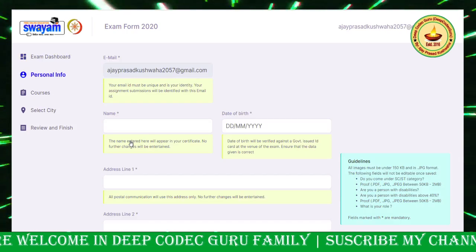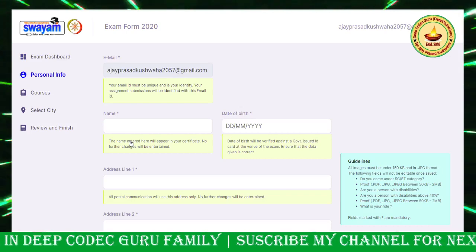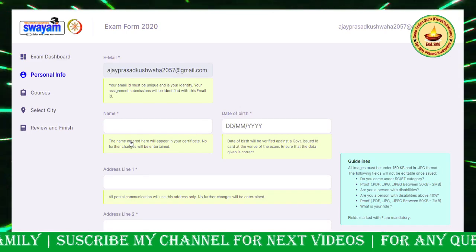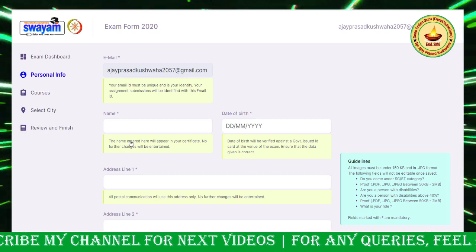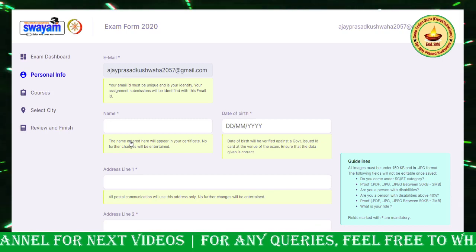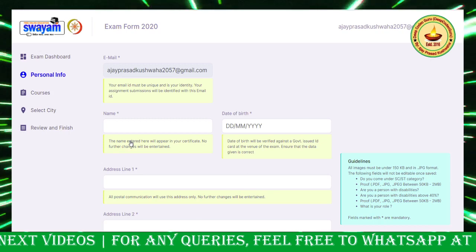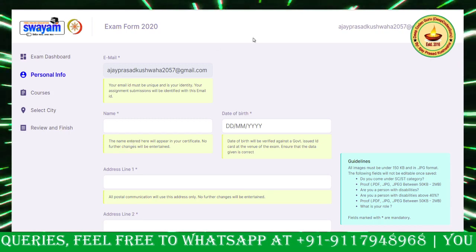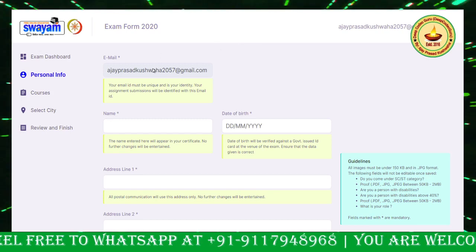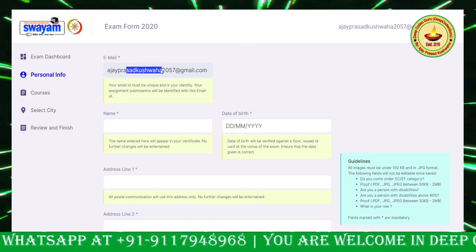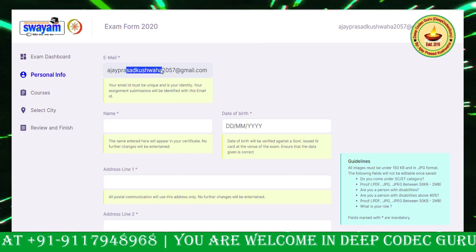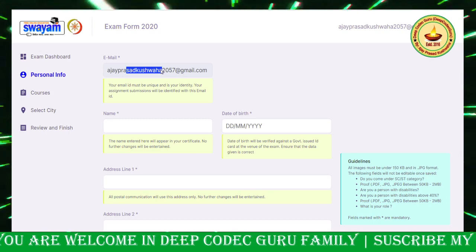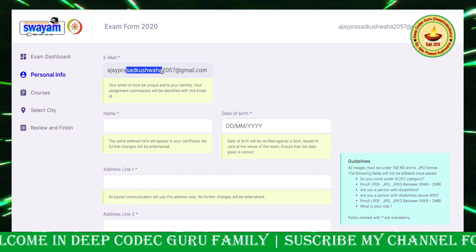If your interface is different, for example if you are applying through your mobile, go to Chrome. There are 3 dots on the top right corner. Click on the 3 dots and tick desktop view or desktop mode. So you will get the same page on the mobile phone also and you can proceed. Your email ID will be unchangeable. The same email ID you used for enrollment, you have to use while registering